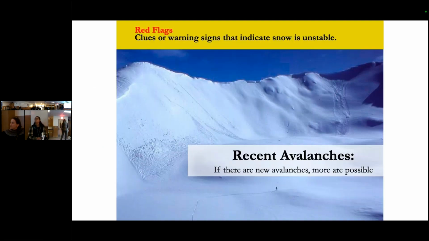So recent avalanches. Be able to, you try to date those avalanches when you're out there. Like you might see something, did it happen a week ago? Did it happen yesterday? Did it happen today? When did it happen? Because that's the most important thing of that observation. Because you might see this and it happened a week ago and now everything's stable. Another thought to think about is, well, this has slid already, so it's probably not going to slide again. So that's theoretically going to be safer than over here, which hasn't slid.